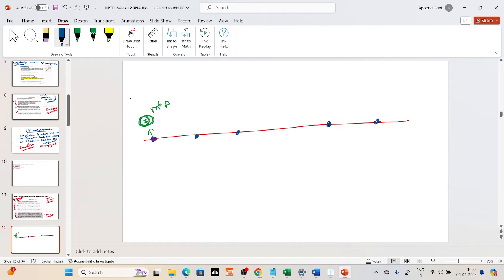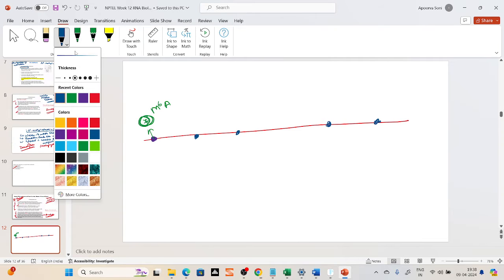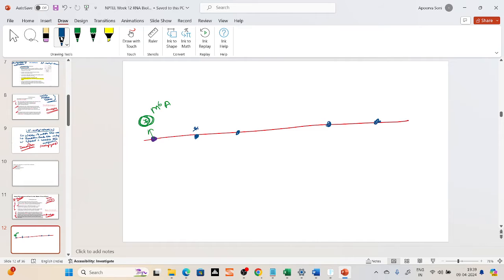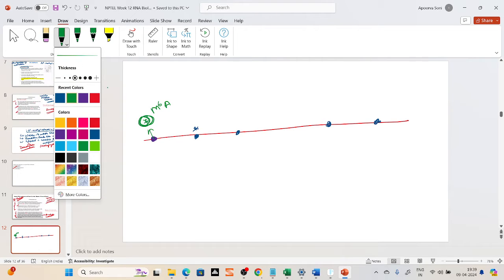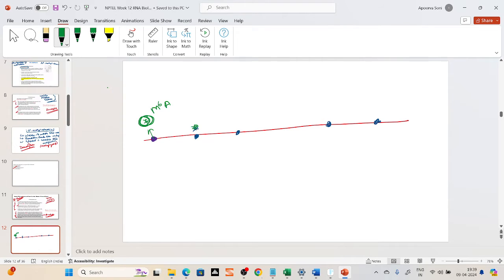And in all these places, this modification is there. M6A, M6A, M6A, M6A. So the addition of these modifications is done by